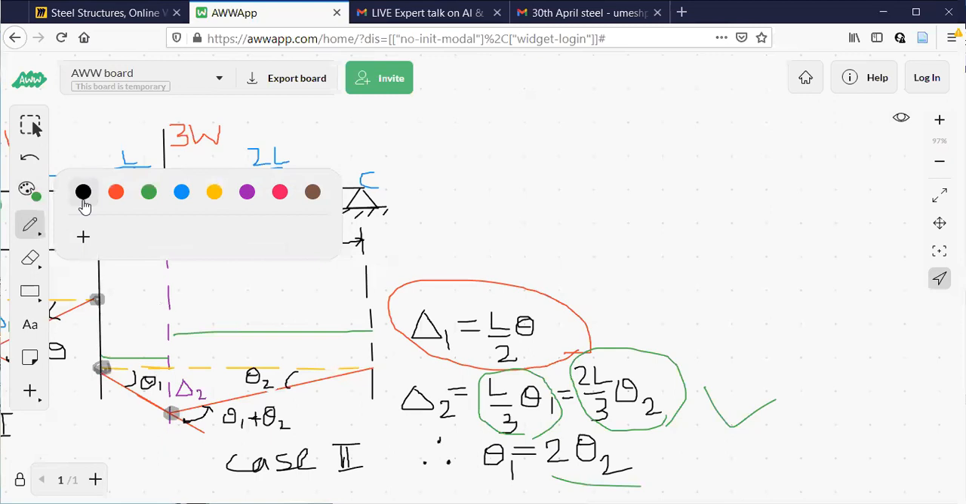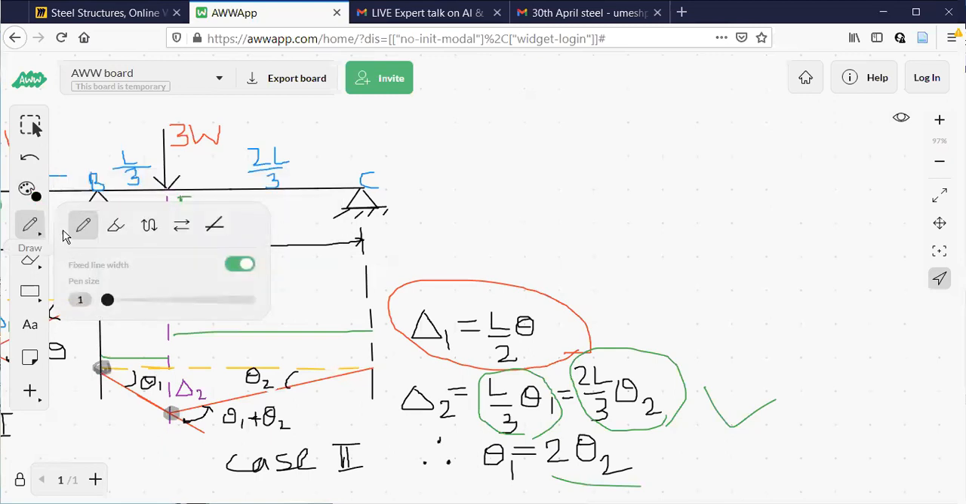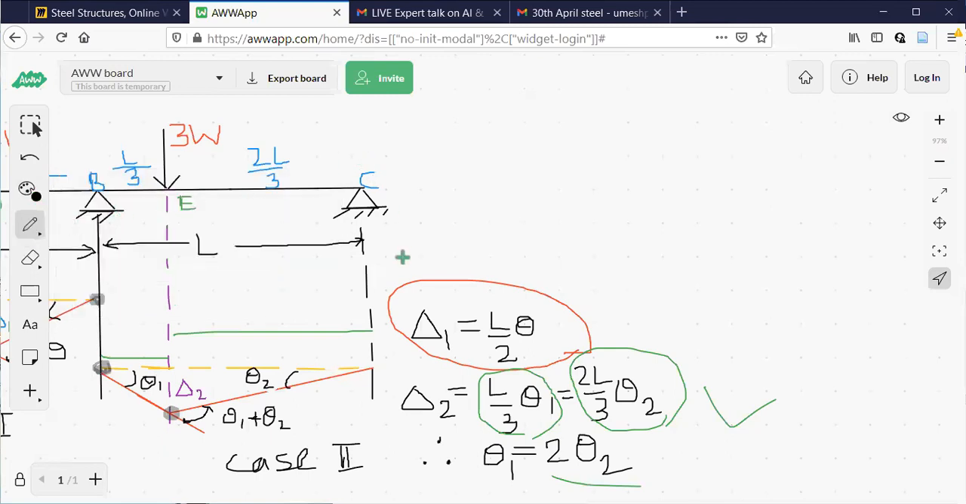Just observe what I am doing now. My job is to find out the collapse load for this span. Collapse load. This is case 2. Collapse load for span BC. I am going to find out. So here, I'll not do this here. I'll just, in short only, write it. External work